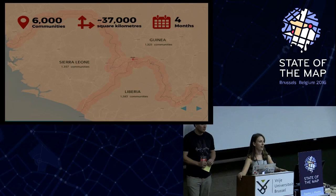This was a massive project. We found out eventually, once we'd done the project, we learned there were 6,000 villages and communities that we'd gone to. Initially, we thought there was maybe between 3 and 5. It's an area roughly the size of Switzerland, and we had 4 months to do this, using about 100 volunteers